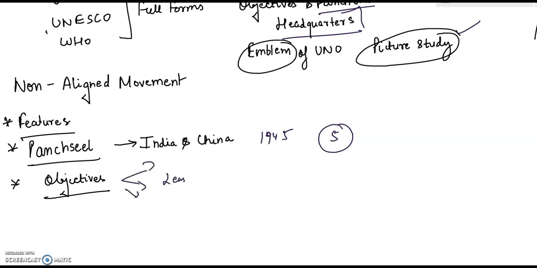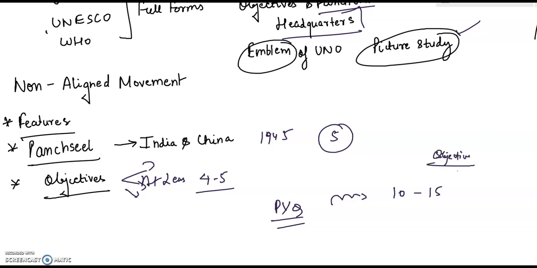Learn at least 4 to 5 objectives. Again, I am emphasizing previous year questions. If you go by this, you will come to know a lot of repeated questions have been asked over the past 10 years. And if you can afford to go back 15 or 20 years, then you can try them out. The objective questions have been repeated a lot. And yes, causes, results, dates, and important terms, their